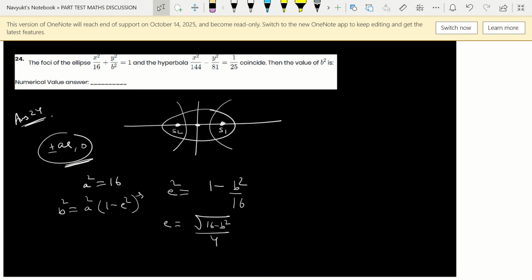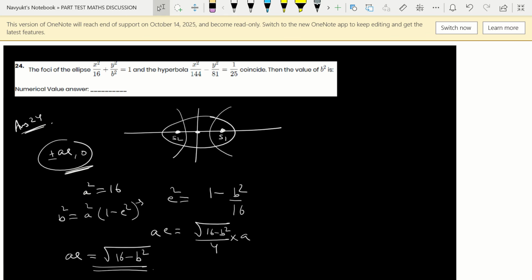Finally, how much will a be? A square is 16, so a would be 4. So ae, when I multiply a here, a is 4, so the 4 gets cancelled. The ae value comes out as root 16 minus b square. Clear? And this coincides with the ae value of the hyperbola. Now, how to find the ae value of the hyperbola? It's again very simple because both values we already have. You multiply